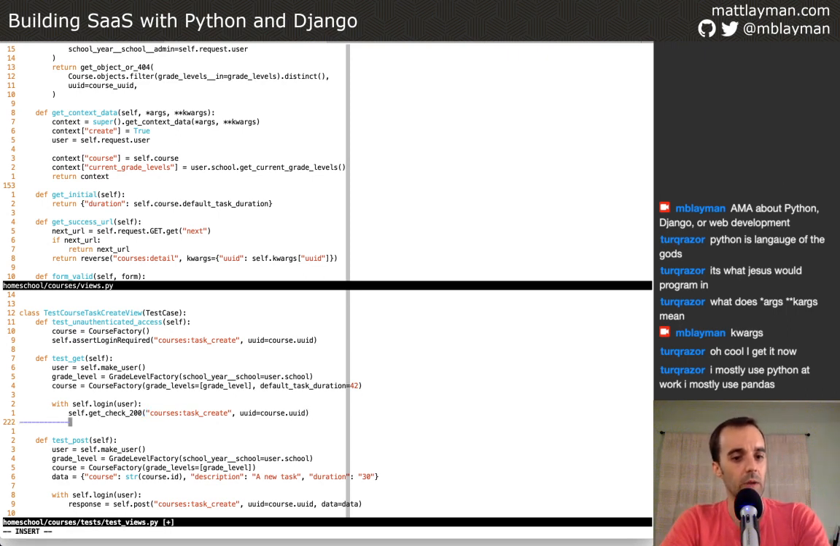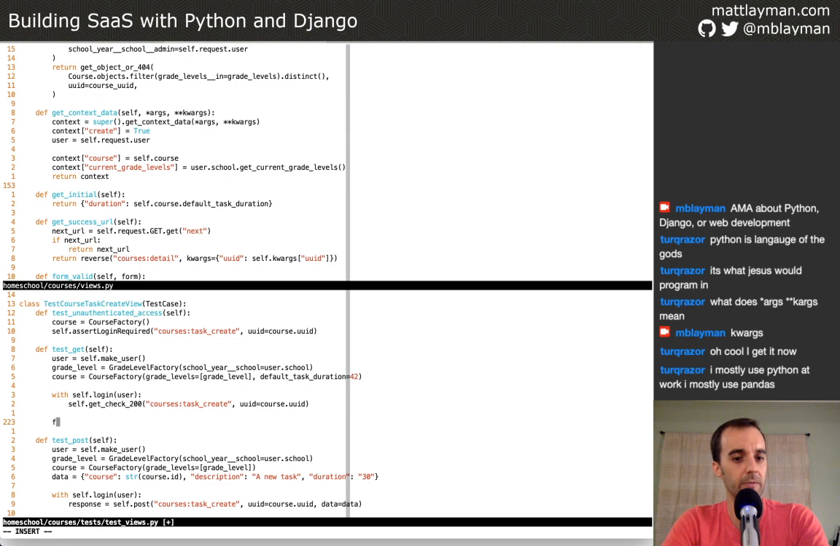And then we can come down here and we can get the form out of the context. So we'll say self.get_context, form, because that should be part of this render. I'll